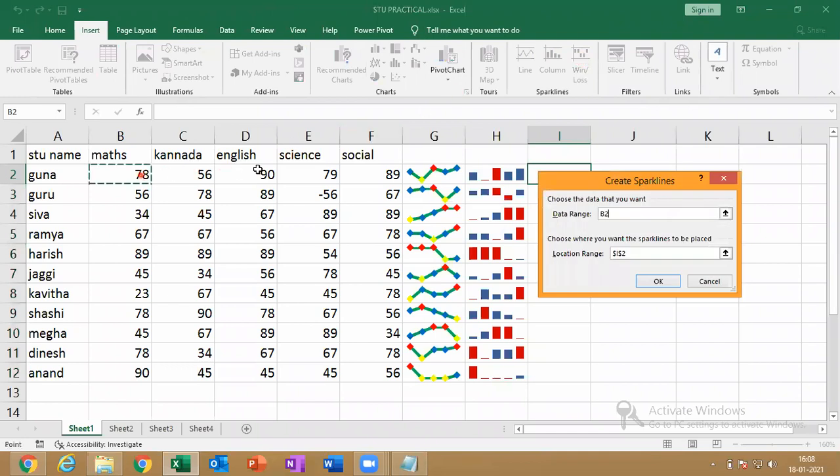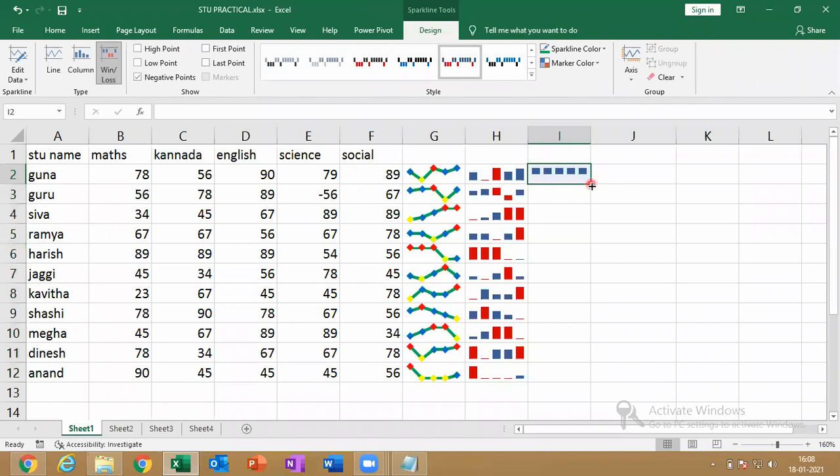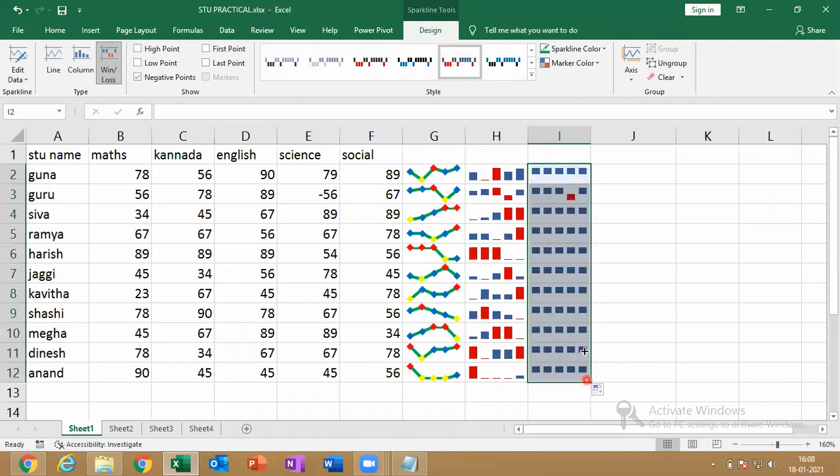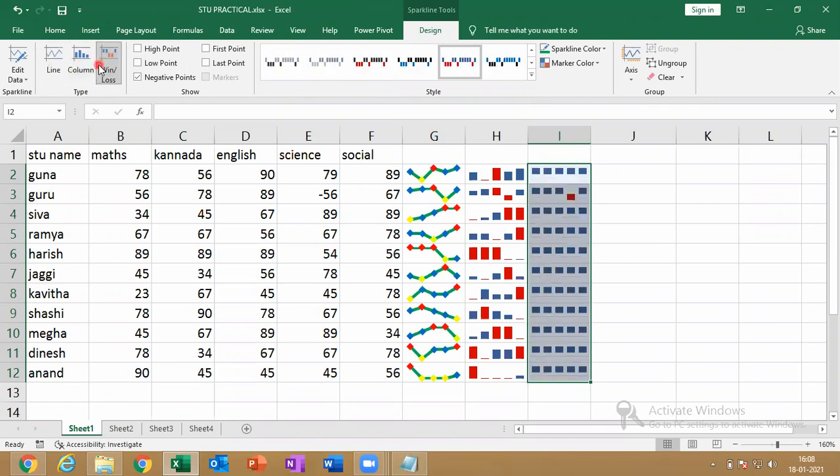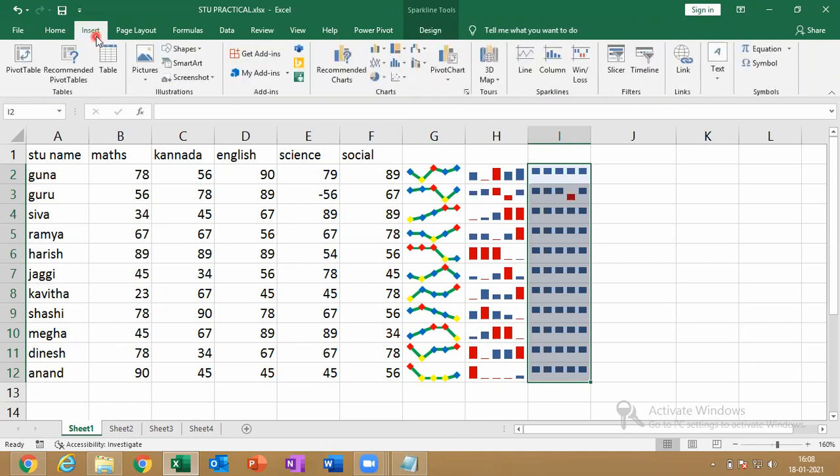Again, select the data set here. Is that clear? So this is nothing but called what? Sparkline. Line, column, and win or loss. So a chart within a cell is nothing but called what? Sparkline. Is everyone clear about this one?